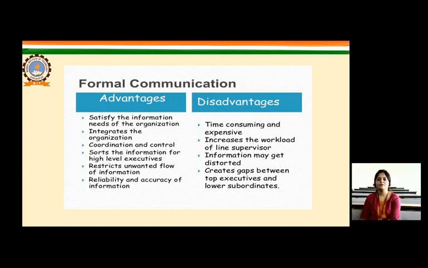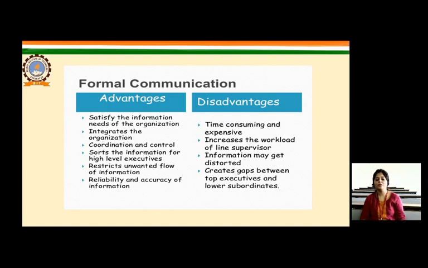So suppose a person who is at the fourth level in the hierarchy has to ask for some permission, then if it is a formal communication, firstly he will take permission from the person at level 3, then the person at level 3 will forward it to the person at level 2, and the person at level 2 will then go to the person at level 1, and only if the person at level 1 also approves the particular thing, then only the person at level 4 can proceed with his plan of action.